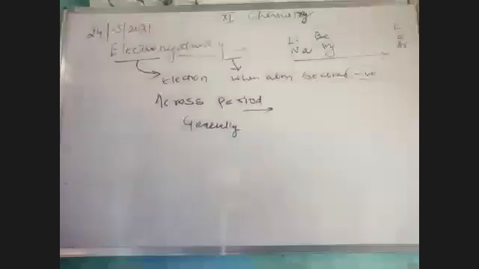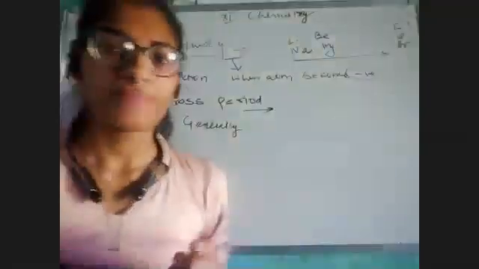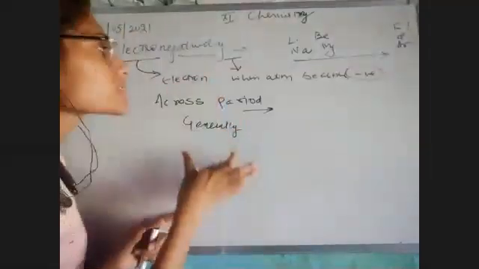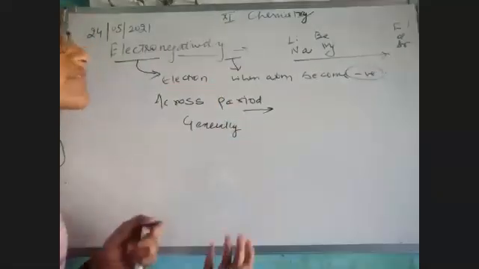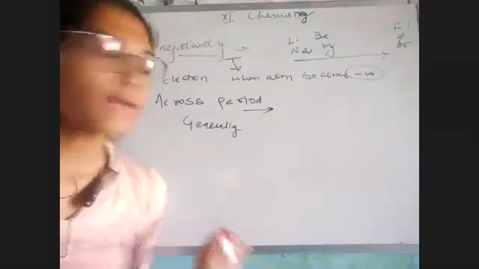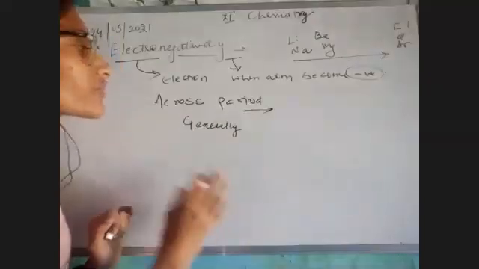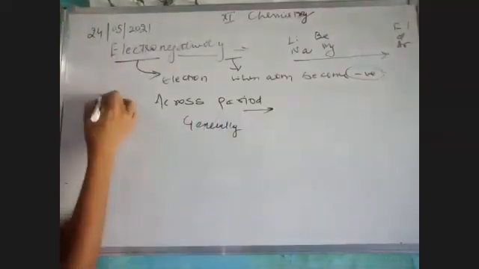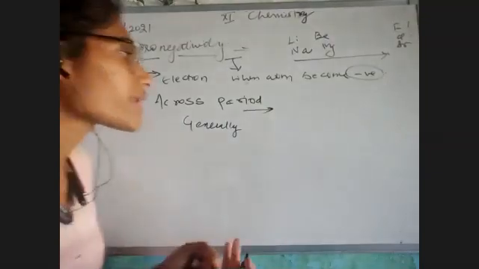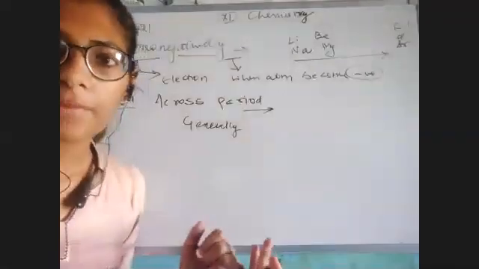Okay, बच्चे, let me explain it. See, I have defined that electronegativity is the tendency of an atom by which an atom can share electron pair towards itself. Okay. Now I have told you this very briefly. The point is we are going to check its strength, that means how electronegativity is going across a period.